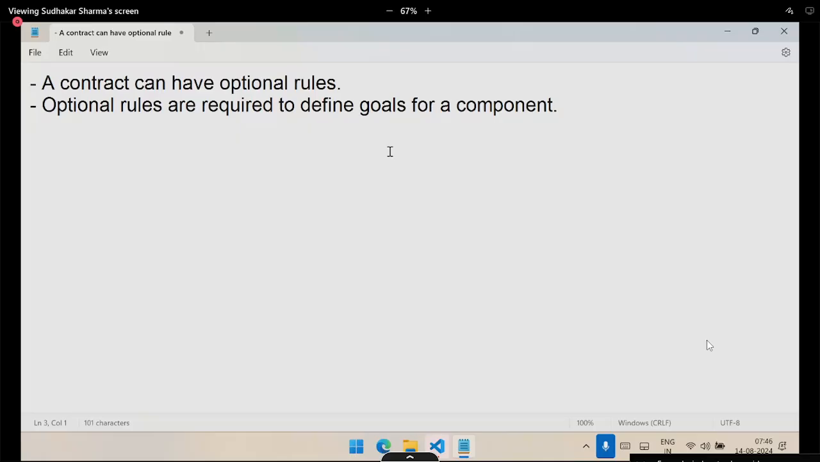And to define goals which may be ignored or not, we need optional rules. That means live tracking is an optional rule. Why? Because live tracking should be there, but in some cases, it can be ignored. That is the concept of optional rules. Why do you need an optional rule? To define a goal. So here the key concept is, what is the difference